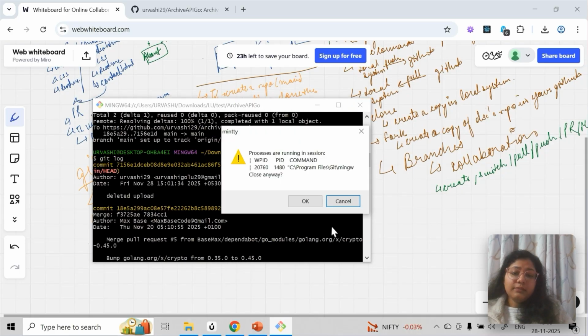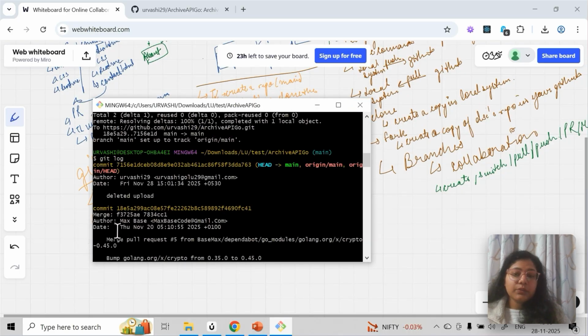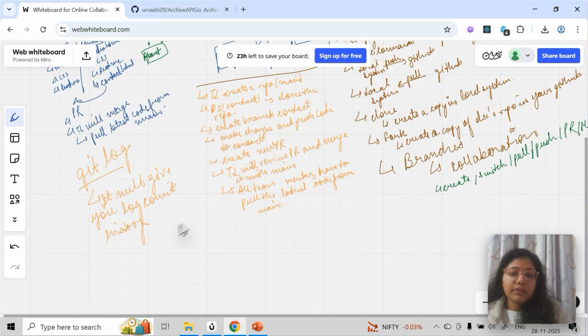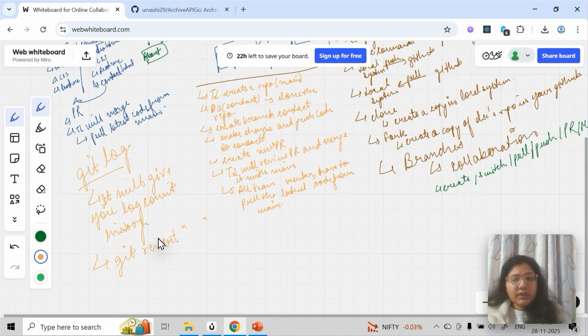Okay, then if you want to revert something, let's say you have added a commit message but you want to change it, you can run something called git revert, just git revert and your commit. Commit messages are extremely important because they have to be meaningful. Honestly, whatever exactly you're doing, just put it in your commit message.